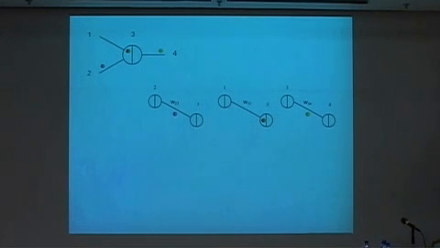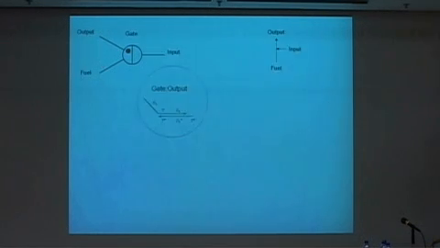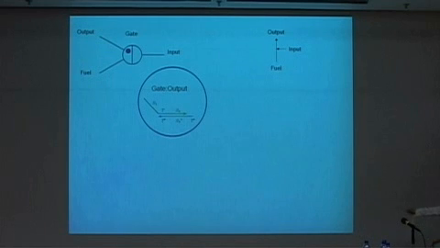So this is the way the gates are connected with each other. Let's take a single gate as an example to look at the molecules. When the output is bound to the gate, we call it a gate output complex. The output strand has a toehold domain in the center and 2 recognition domains on the side. And the gate base strand, this one, has a recognition domain in the center and 2 toehold domains on the